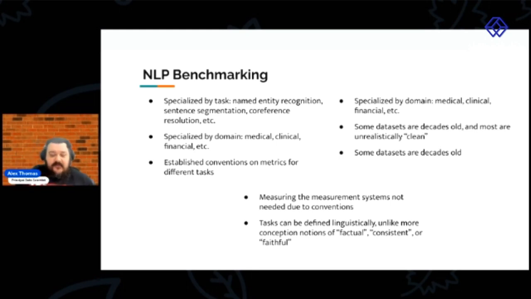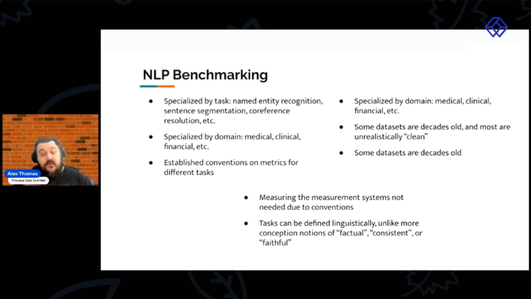So if the idea is, I have a data set that's on social media posts, but my text is on academic articles, and that's what the NLP system I'm building is for, looking at how I perform on this generic social media set does not really give me reliable information for how I'm going to perform on the scientific articles.